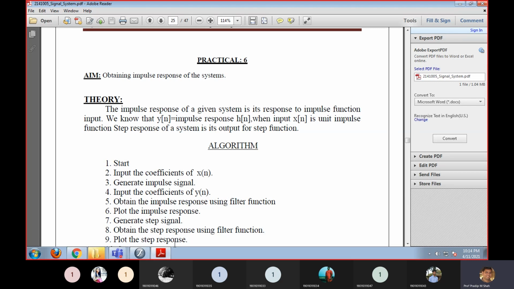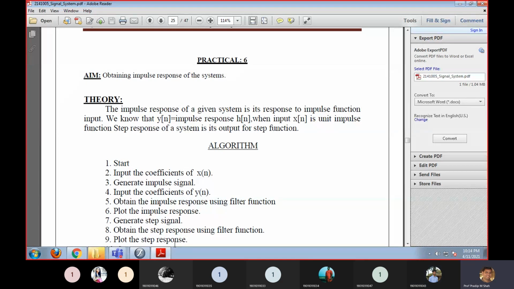Impulse signals we define in terms of a mathematical expression: del of t is 1 at t equal to 0. Do you remember this? This is your impulse signal.